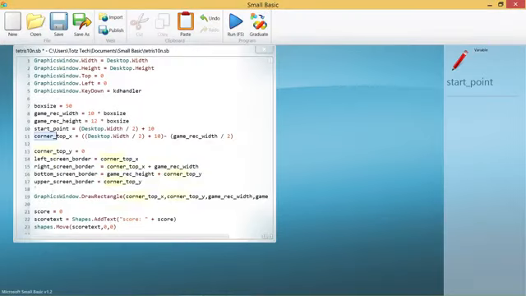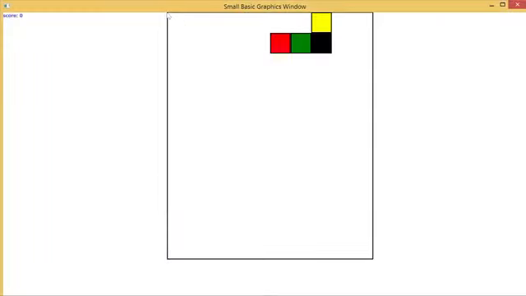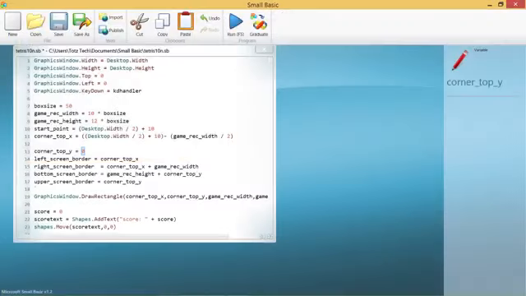And then the corner top X is 1, and corner top Y here is 0, because I placed the blocks on the black box, the border box here. If you place the Y at 0 here, the box will start here and expand to here. And then this is the property for the black box.